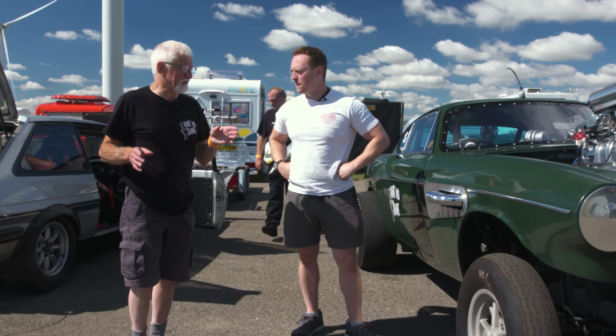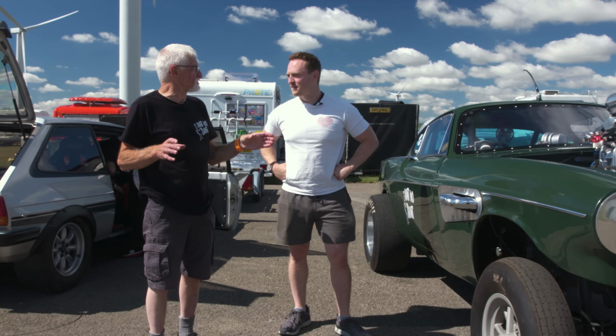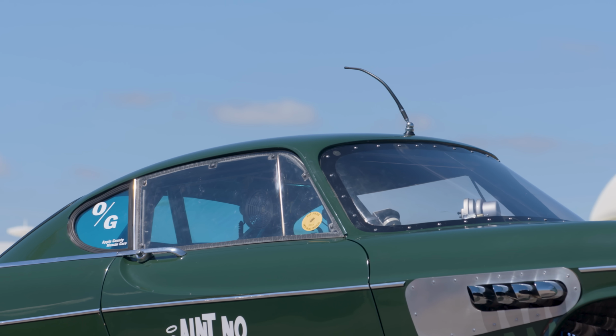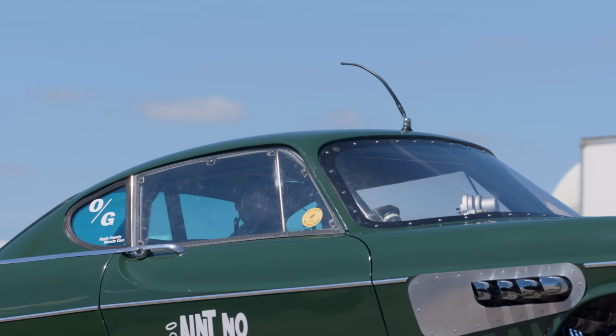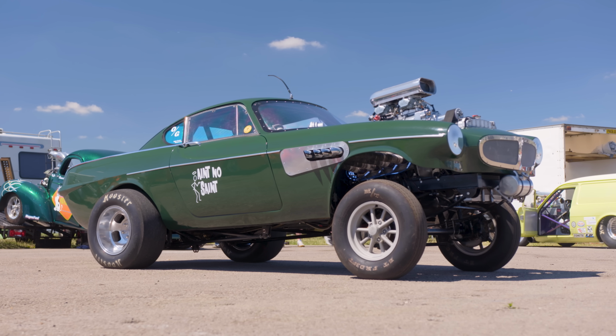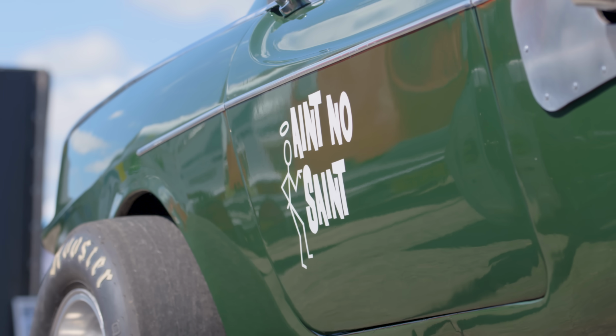It was originally going to be called the Wellington Bomber, because it was built in Wellington in Somerset, and hence the pipes, a la the Spitfire fashion. The car was originally green, so we just painted it in its original colour, just for ease. The car really developed itself as we went along, but halfway through this, we then came up with the Saint